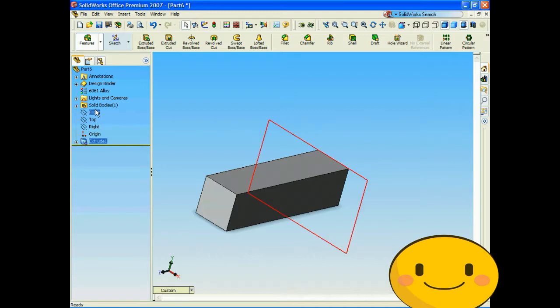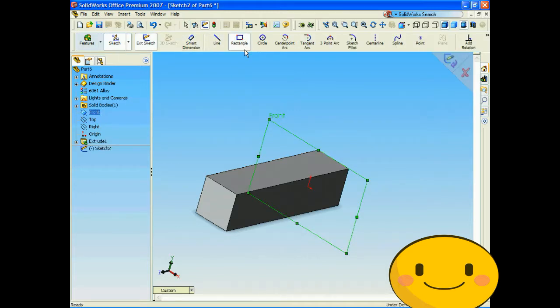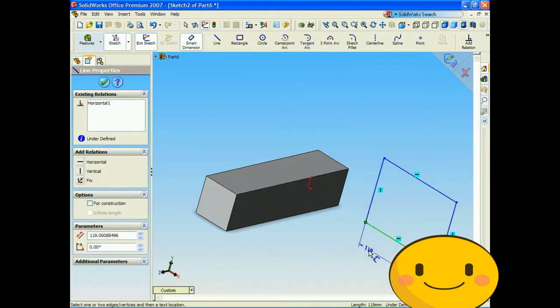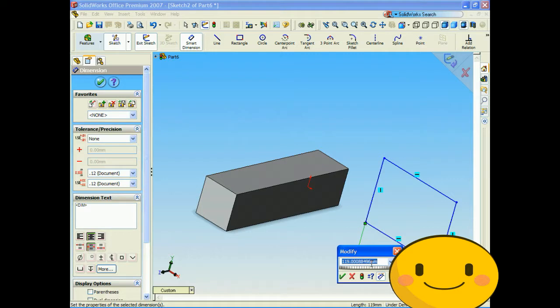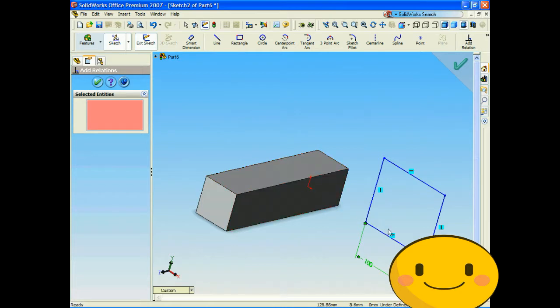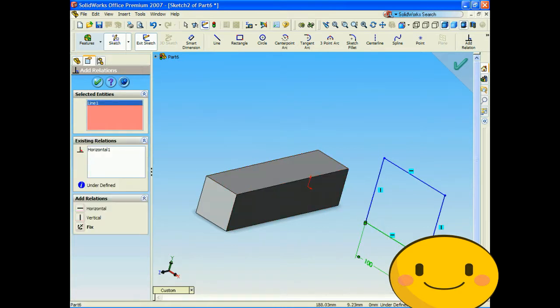Now, let's go to the front plane, and we'll draw another square right beside it. And we'll go across the dotted line so it's still on the origin. And click Smart Dimension. And let's make this square 100. And we'll use the Add Relations button again. Click one length and the perpendicular